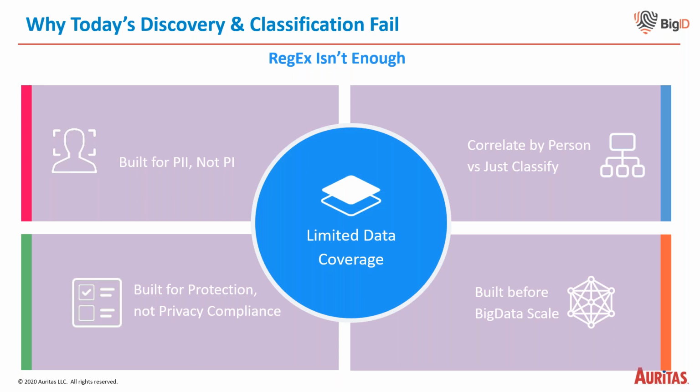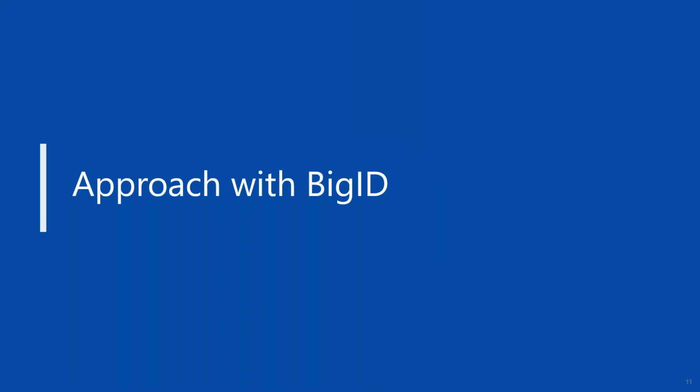One reason is the fact that the existing solutions or the legacy solutions around data discovery really looked at a very restricted view of what is considered personal information. The definition, however, of what is personal has changed significantly due to the regulations. And now it's not only about finding specific types of data like a social security number or a credit card number. It's really any information associated with an individual. So the scope of the relevant information has increased exponentially. And the tools that have been built on regular expression-based discovery have a very limited view of where that data is located. Also, those tools have not been able to,